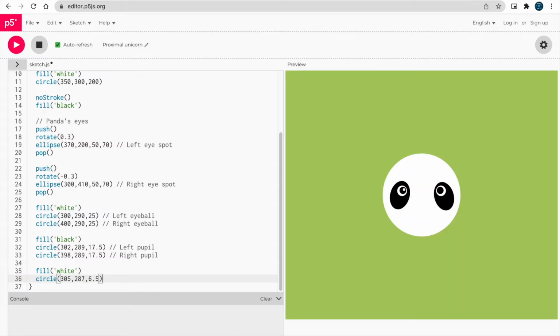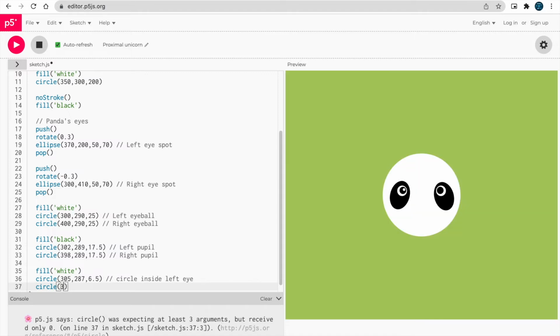This is the first circle inside the left eye. And for the right eye we will be doing the same, 396, 287 and 6.5. This is the circle for the right eye.